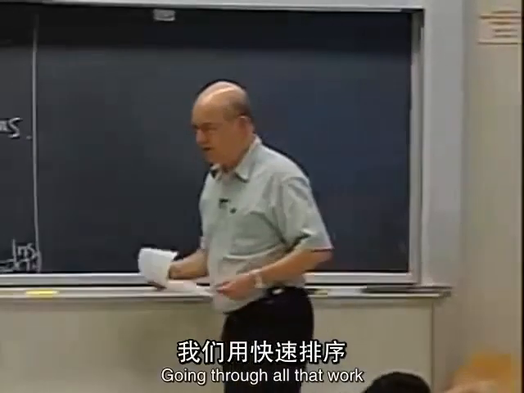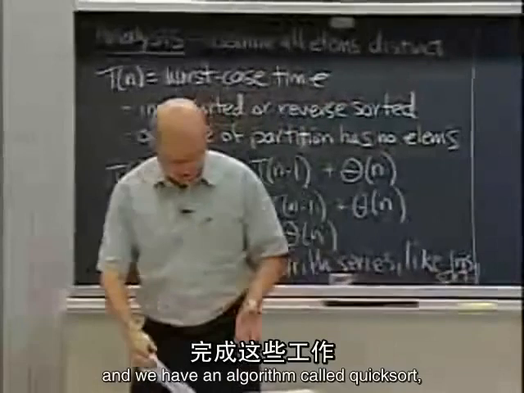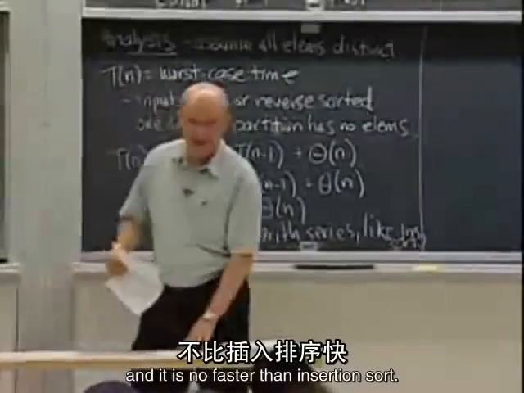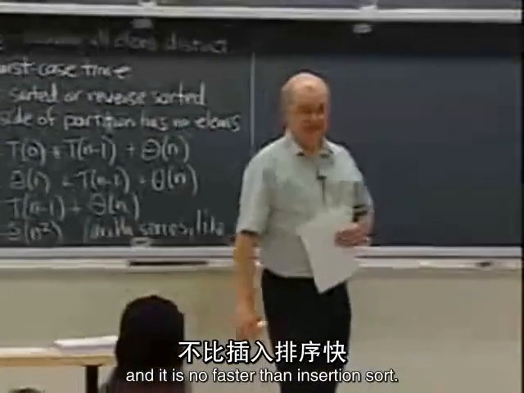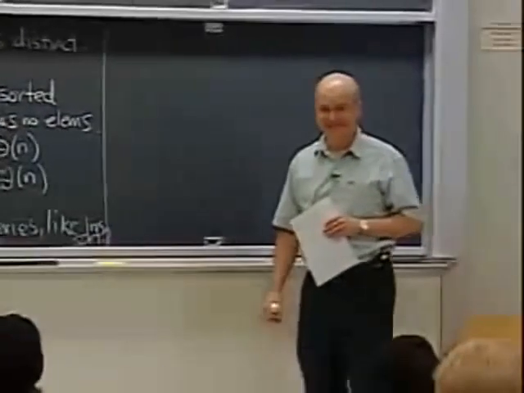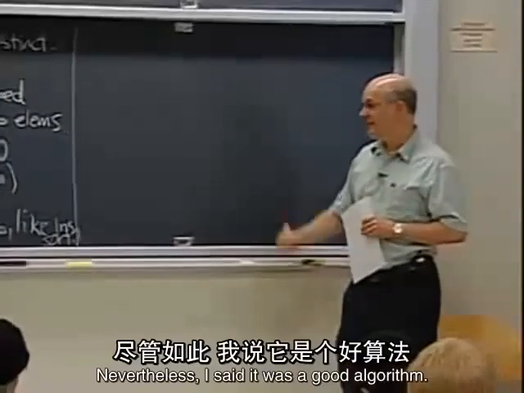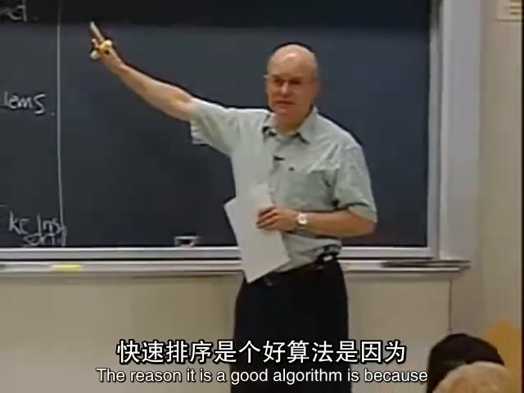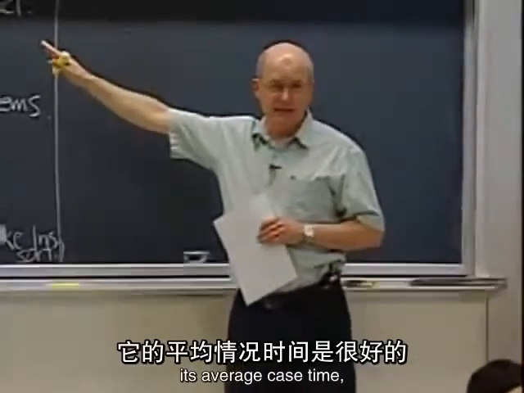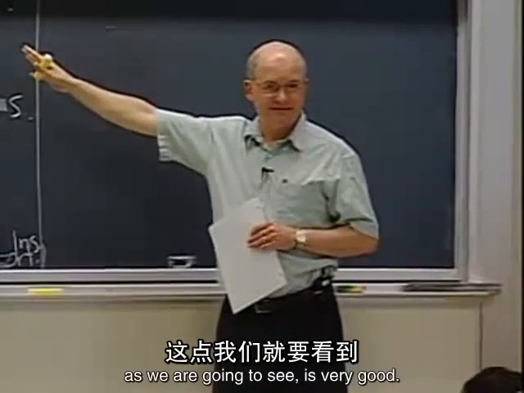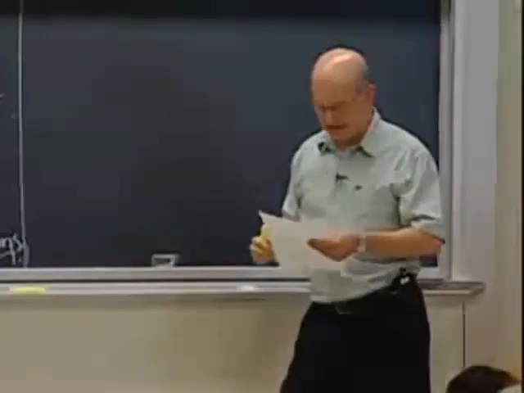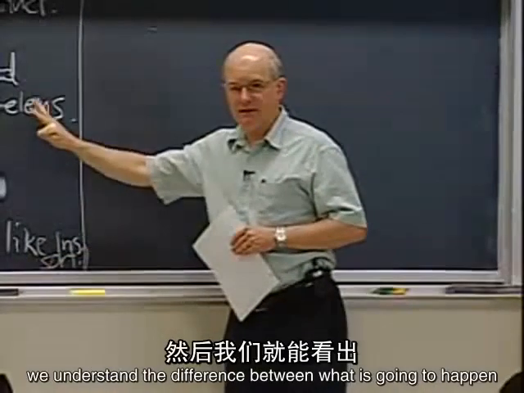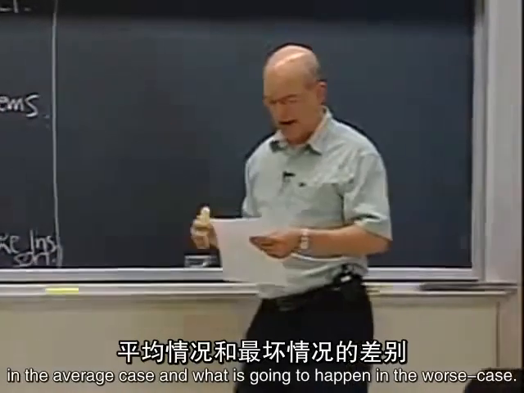We went through all that work, and we have an algorithm called quicksort, and it's no faster than insertion sort. Okay? Nevertheless, I said it's a good algorithm. The reason it's a good algorithm is because its average case time, as we're going to see, is very good. But let's try to understand this a little bit more, just so that we understand the difference between what's going to happen in the average case and what's going to happen in